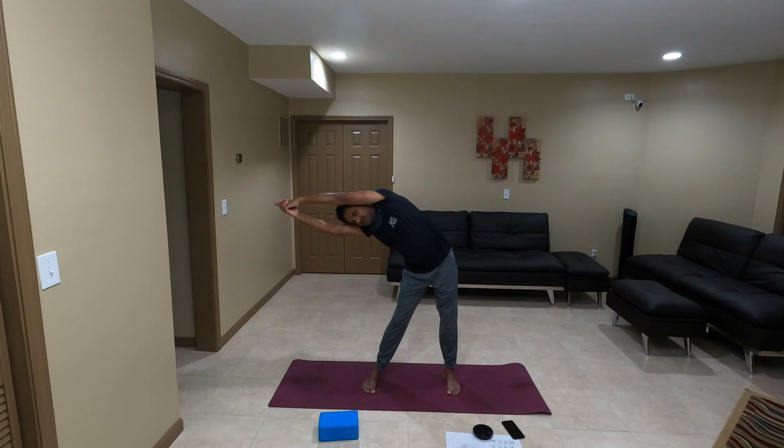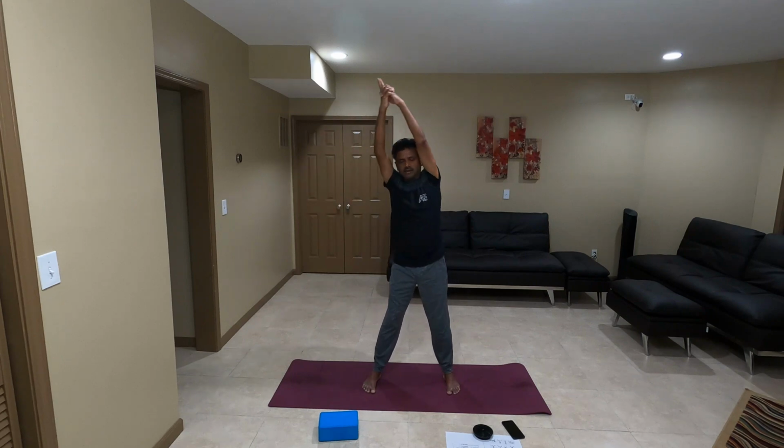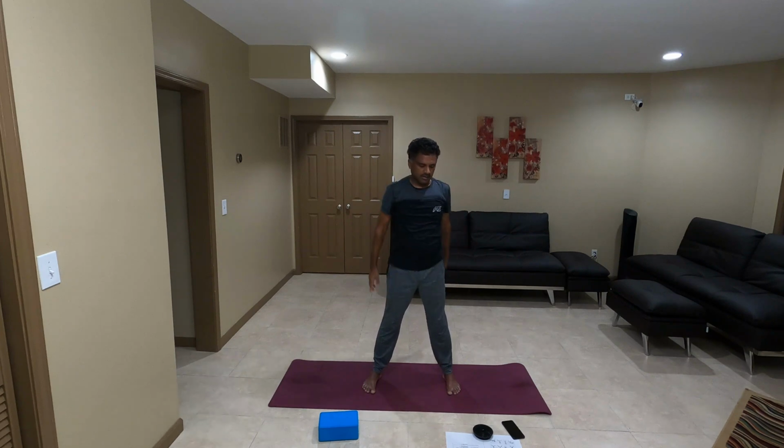Bring your body parallel to the ground. Both the knees still stretched, knees are not bending, and you're still looking at the front. Alright, come back. Alright. On the other side,